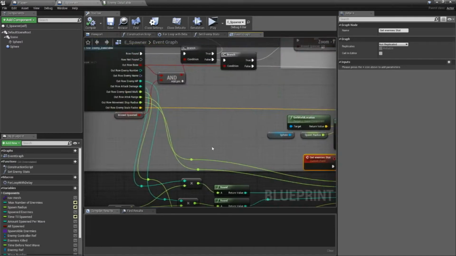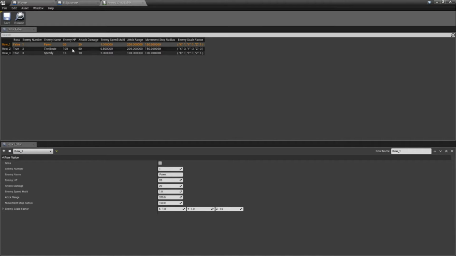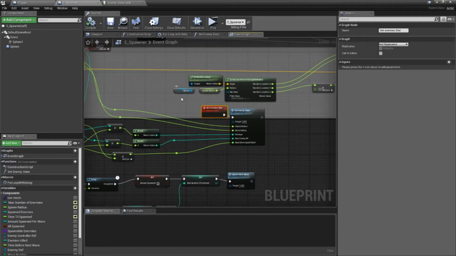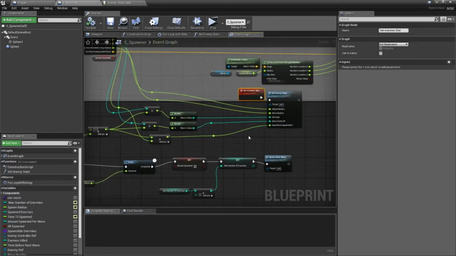Pretty simple actually. It takes the data from here. So if we look at, say, the pawn, it has 20 max health, 20 attack damage, one enemy movement speed multiplier, and some range, as opposed to the brute having 100 health, 50 attack damage, 20% reduced speed, higher attack range. Is it higher? Yeah, no, same attack range and same movement range. That's pretty good. Everything but the attack